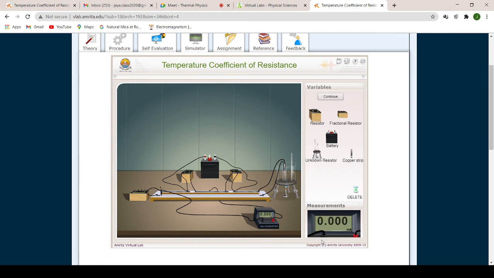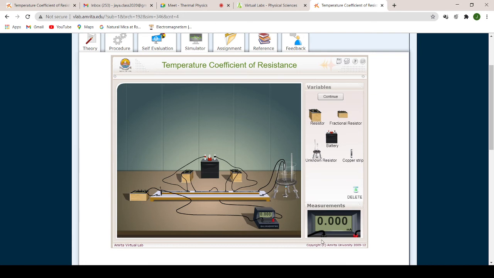Generally in the lab, we take a copper wire and wind it, and we put that wire in hot oil, which is kept in a small test tube, and then that test tube is placed in a water bath which gets heated up. So generally in the lab it is not like this. We don't heat it up directly. We heat up water separately, place the hot water wherever you are doing the experiment, and dip the test tube with the coil in the hot water. Okay, so it is the reverse way that we do.